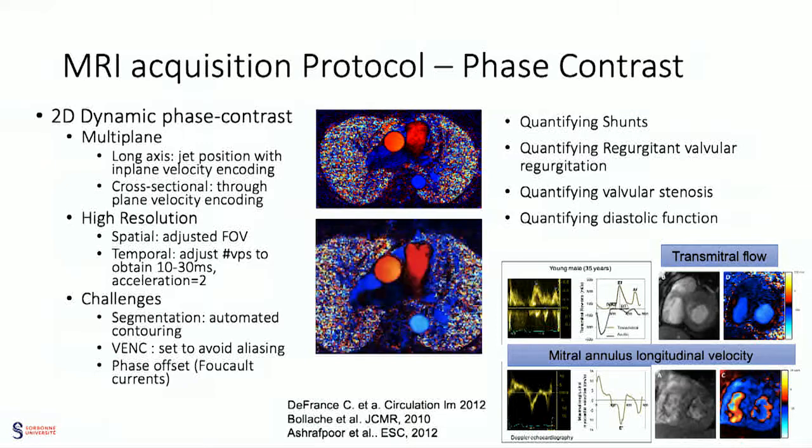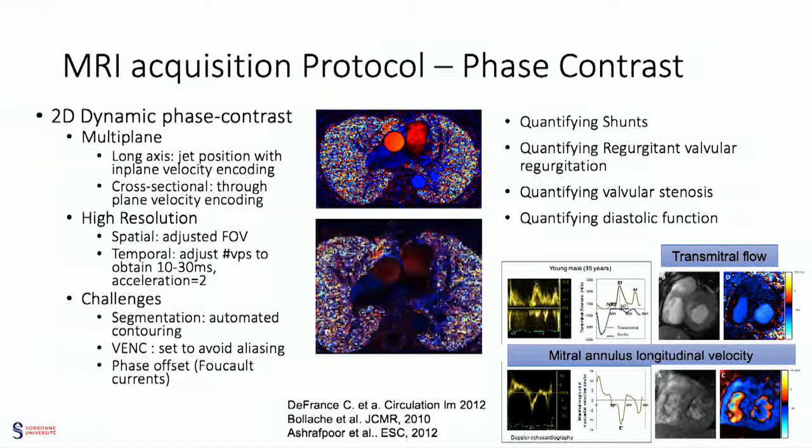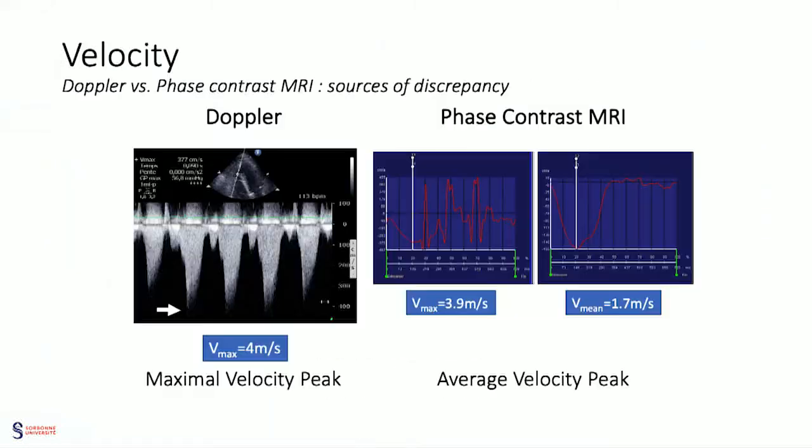So in everyday routine, we quantify shunts, valvular regurgitation, and valvular stenosis, but also diastolic function. This is an example from our group. Just as with the echo Doppler, you can measure with very high reproducibility the transmitral flow and the basal left ventricular velocities. Now, not going into detail, just to remind you that we have to be very careful in daily routine when comparing to echo, which measures a